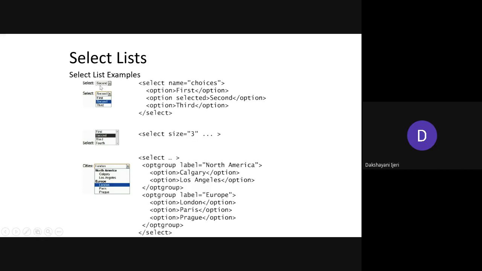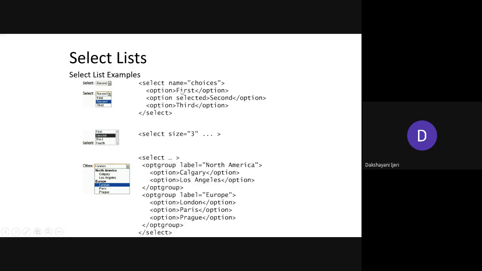So you can see here, this is how it is going to be visible, right? By default it is only going to show one of the options with a drop down clickable button here. If you click on this button, you will be able to see all the options over there, right? In the next case, what happens if you use the size attribute and give it a value? The value of the size attribute is a numeric value which tells how many options need to be visible by default once you execute that web page.